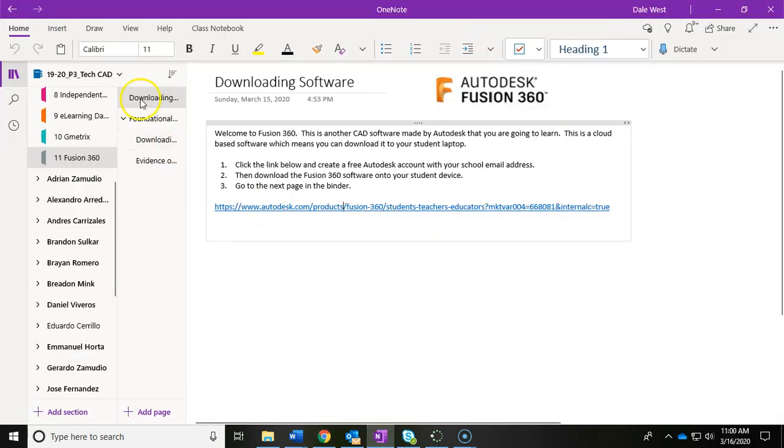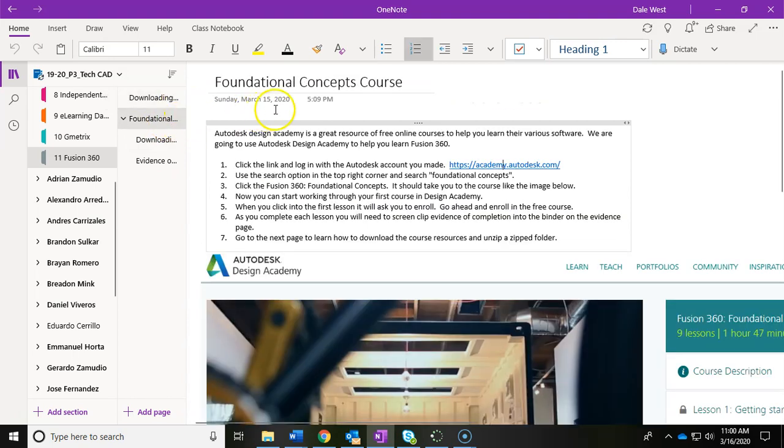Now, once you've got it downloaded, let's talk about what you're actually going to do with this software. So we're actually going to sign up for an online course made by Autodesk. They have pretty much like this online school, and it's called Autodesk Design Academy, and we're going to enroll for a course for you to take while you're at home through this website. So to do that, go ahead and click on this link underneath the Foundational Concept course page,